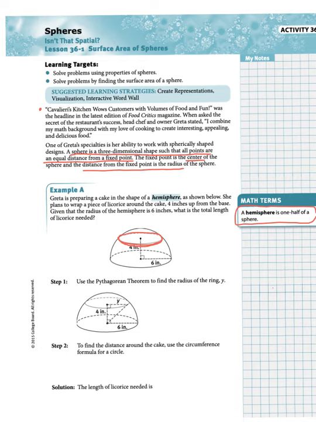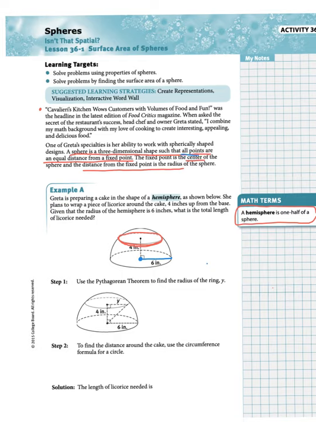Given that the radius of the hemisphere is 6 inches, what is the total length of the licorice that is needed? Now again, remember the vocabulary from above. The radius is from the center of the sphere, and it is to the edge, so that radius is 6 inches. But do remember, based on our definition,